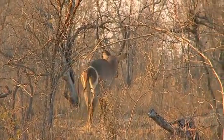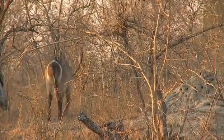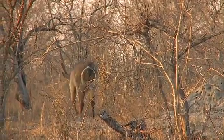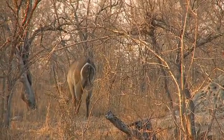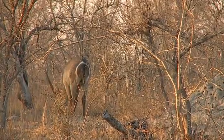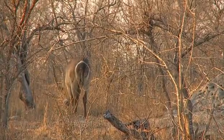You just see how wide those horns are there in that shot. That is just incredible. Males will obviously use those horns to wrestle and joust with one another. The ridges on the horns help to stop the horns from sliding past one another and inflicting injury when they're